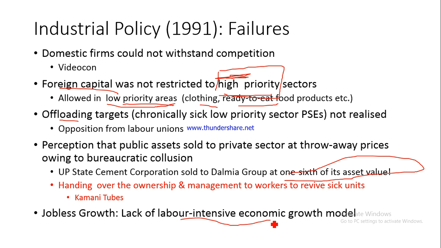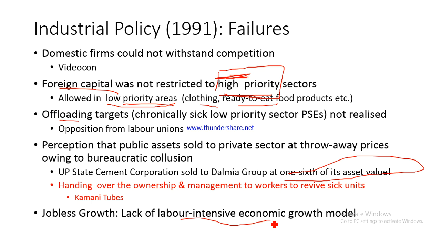And if you talk in more general or more comprehensive terms, you can say that the manufacturing sector could not grow in India at a very fast pace, because of which we could not generate the number of jobs which were required here in India every year, and this ultimately led to a big problem of unemployment in the country. So this is one of the major criticisms of the Industrial Policy 1991.